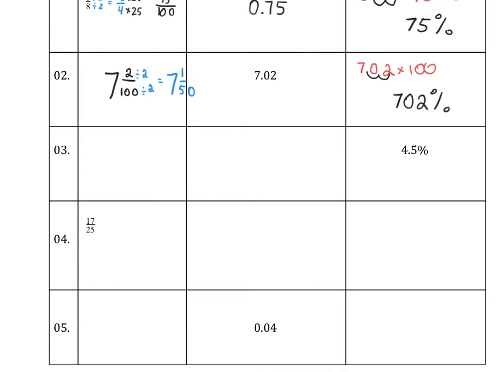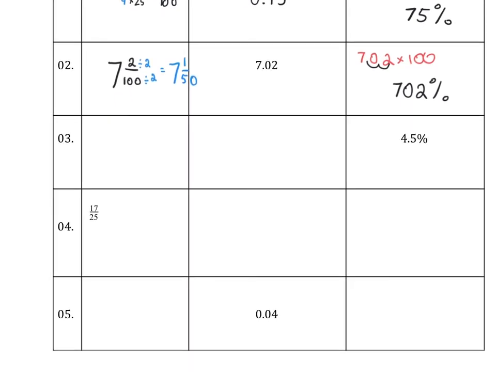Now, let's go the other way. If I have 4.5%, this might have been a tricky one for you. This way, we have to go backwards. If we were multiplying by 100, now we need to divide by 100. So if I had that 4.5 and I'm dividing by 100, I move my decimal the other way. So I'm going to move it back to the left twice, and I'm going to add a 0 in that spot. So I get